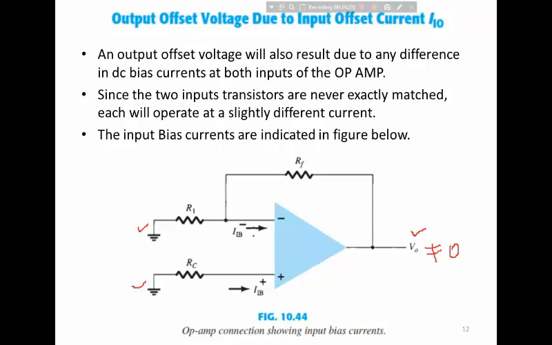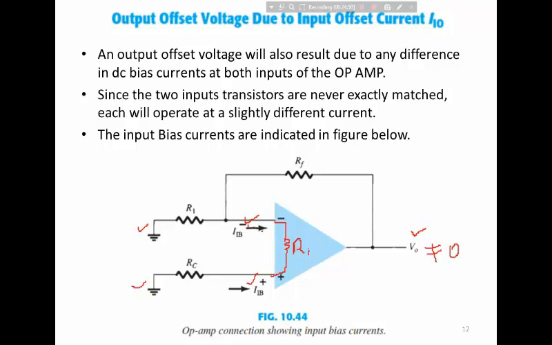Even though the magnitude of this current is very low, still, because the input impedance or input resistance of the op-amp is not ideally infinite,